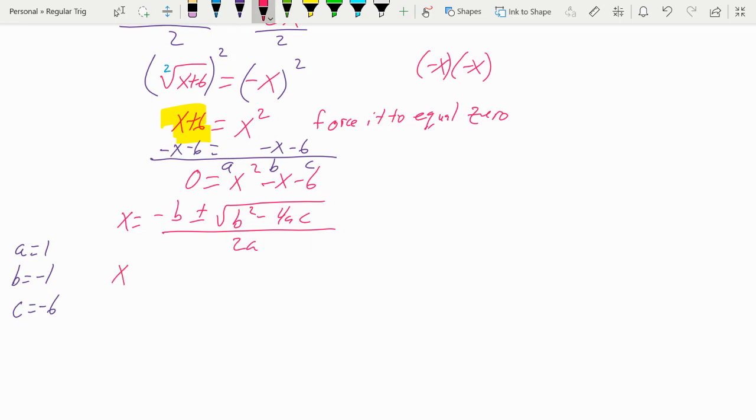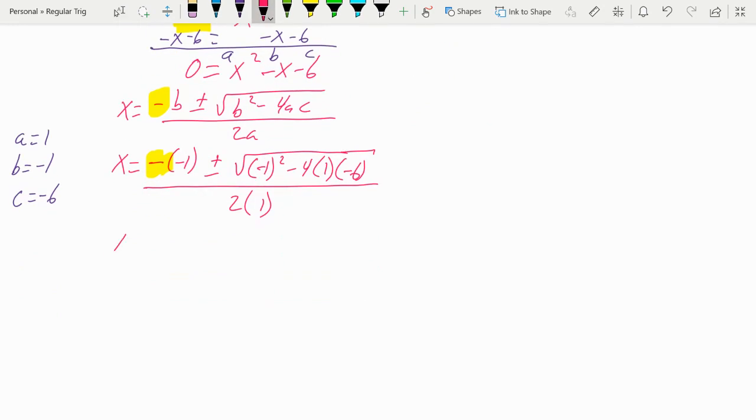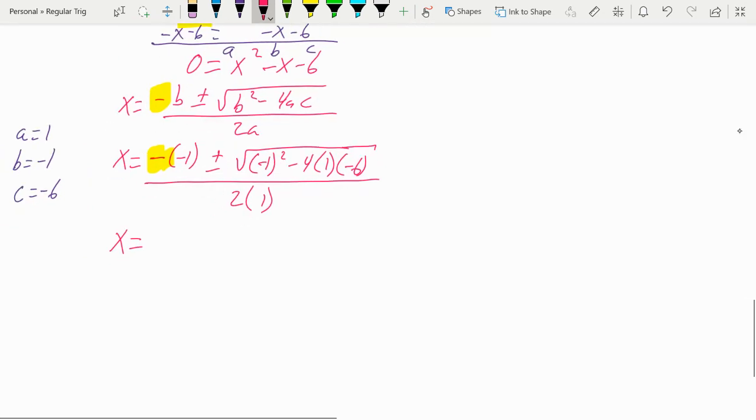Plug everything in. Remember, when you're substituting, use parentheses. So I have negative b. B happens to be negative 1, so I end up with 2 negatives. This negative is that one right there. Plus or minus the square root. B is negative 1, square it. Minus 4 times a, which is 1, times c, which was negative 6. This whole mess all over 2 times a, which was 1. All right, x is equal to 2 negatives gives me a positive 1,